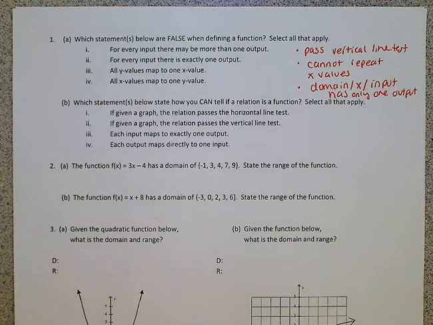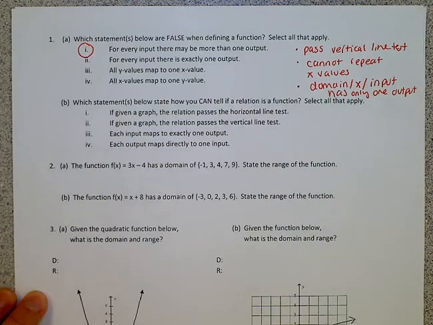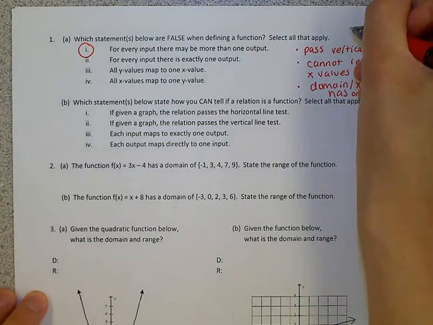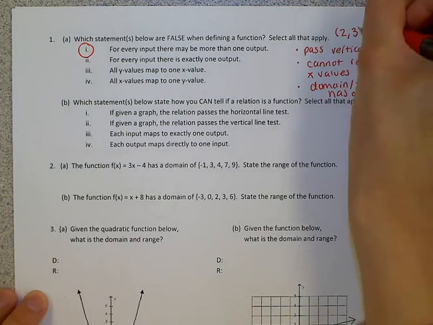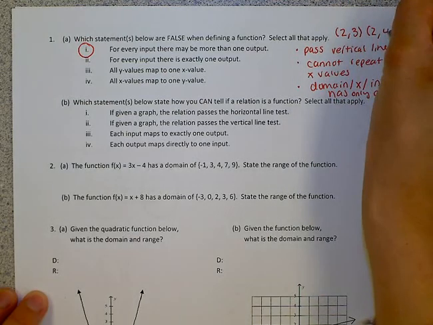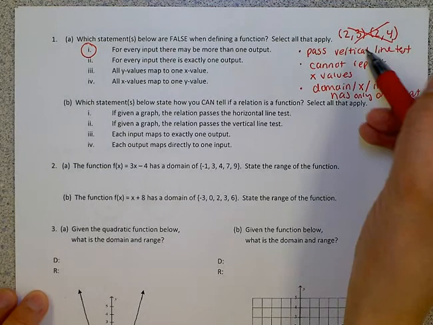So in this example, you're trying to look at which statements below, and there could be more than one, are false, which are not true, when defining a function. For every input, there may be more than one output. That is definitely false because you cannot repeat x's. A non-function would be something like (2, 3) and also (2, 4). It would not pass the vertical line test, and it also repeats your x value,